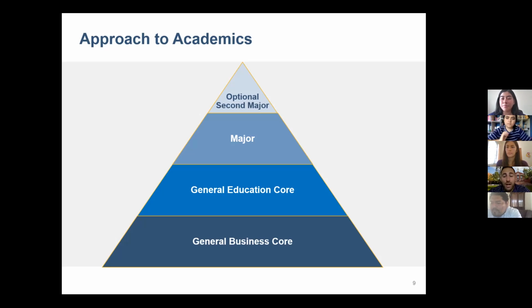We also have a general education core, which really is a liberal arts core, if you will, where you're going to take some arts and sciences classes to really complement those technical business skills. You're going to be developing those soft skills as well. We have 36 majors. I believe we have like 37 minors now. The minors are fluid. They change every semester. They're always adding and subtracting. But I believe we have 36